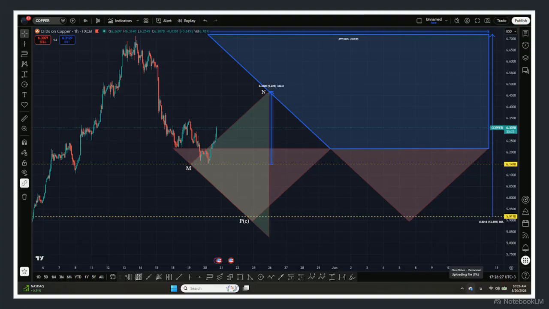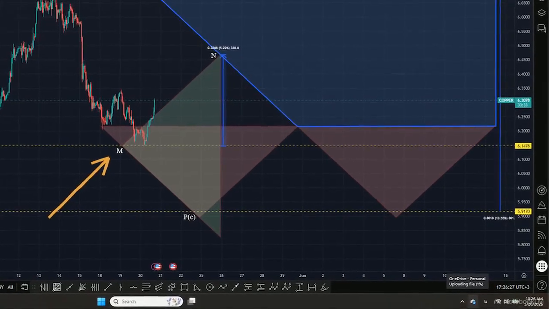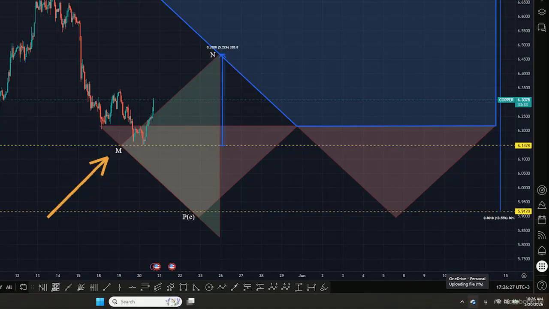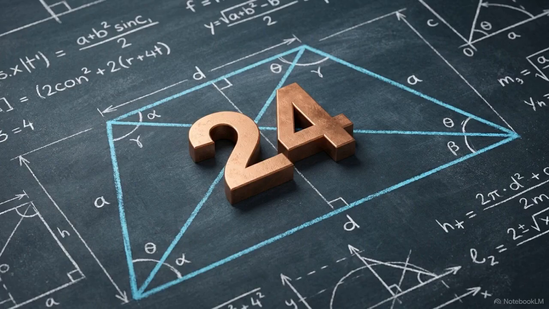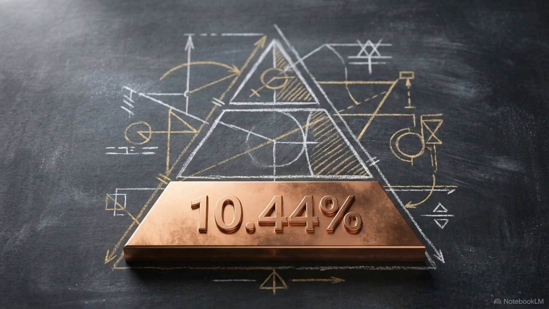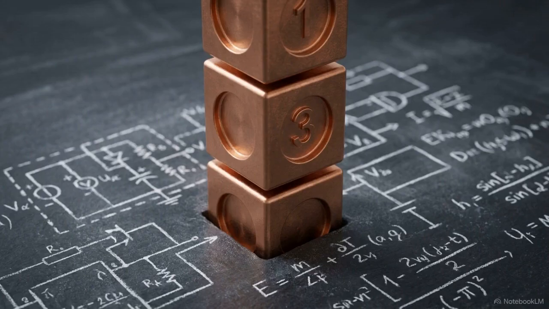This chart shows copper establishing its geometric baseline on May 19, 2026, marking Phase 1. We log the visible coordinates. Primary entry M sits at $6.1478. Below it, secondary entry PC is $5.917, calculating a mean entry of $6.0324. Three metrics govern the cycle: a trapezoid donation of 24 days, a 10.44% third triangle domain, and a risk